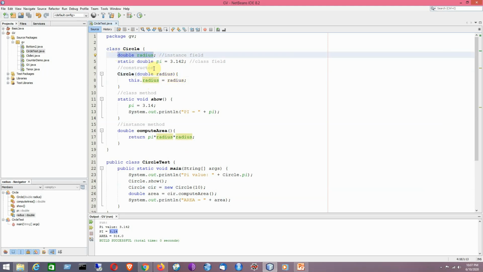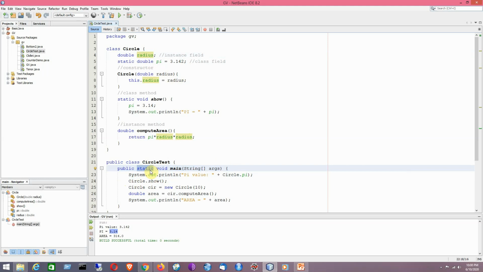Okay, so that is the idea, and at the same time I have demonstrated how to call the instance method and the class methods by using the object name or class name respectively. And it is the main method, that is public static void main string args. It is always static because it is created before the object creation.